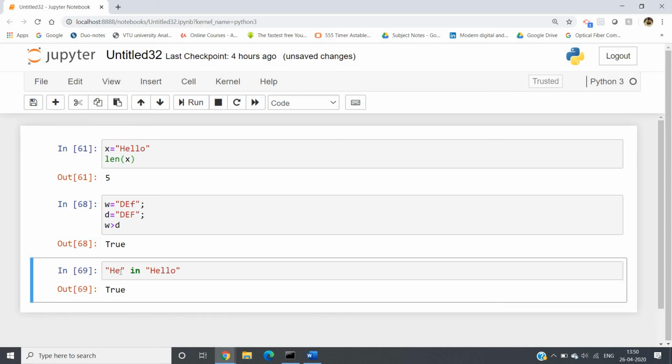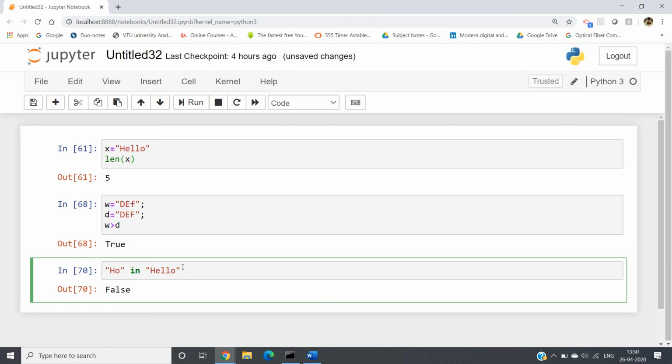If you run, you will be getting true. But suppose I am writing ho. H, O, both the characters are present in the string hello, but not as a substring. They are subsequence. Okay. Try to understand the difference between substring and subsequence. Substring must be consecutive, but subsequence need not be consecutive. Okay. Like see, h is appearing here and o is appearing here. In between h and o, there is ell. So this is not a substring. This is subsequence. Now, as this is subsequence and not a substring, if you run, you'll be getting output as false. So like this, you can check whether a string is substring of other string or not using in.